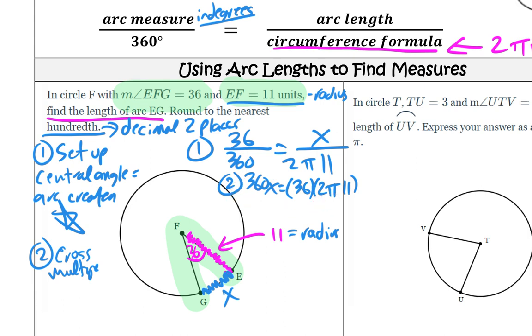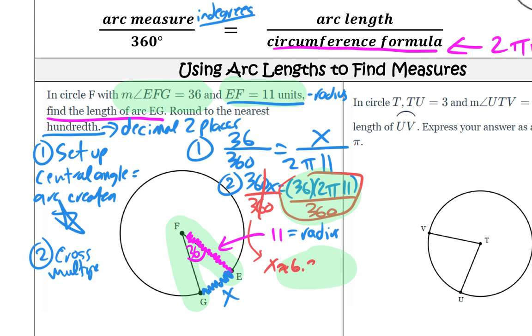The next step is we're going to divide. I'm going to divide that side by 360, and I'm going to divide that side by 360. That cancels out, and that just leaves us with x equals. I'm just going to type this whole thing into the calculator. That will give me a decimal answer. If I put this whole thing in the calculator, that's going to give me the answer of